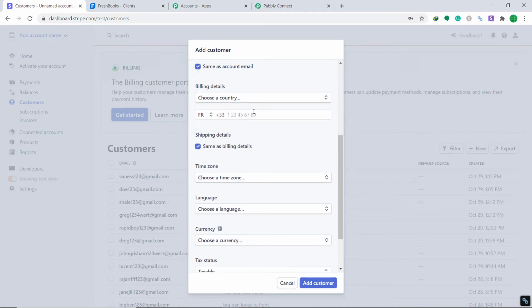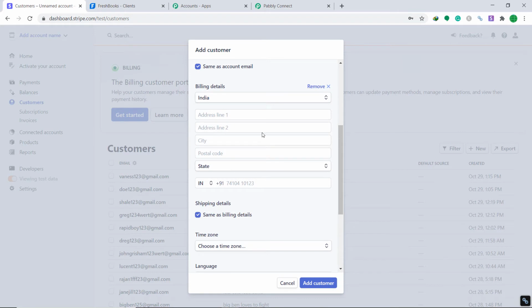In the country, let's say Jacobite is from India. In address line 1, we are going to type the corporation or company name where the person called Jacobite works. This is because there is no blank for company to be filled in Stripe. So we are going to mention the company name in address line 1. The company he is working in is SBIN Corporation. Address line 2, near Apsara Talkies.